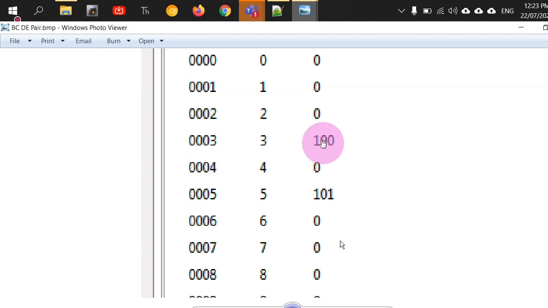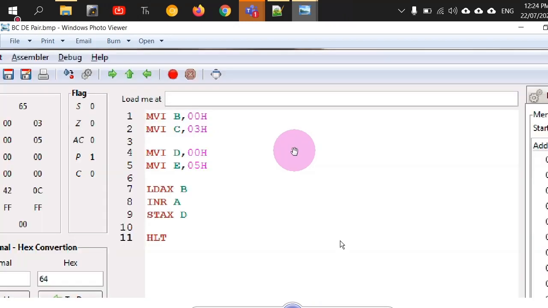Yes. So what is advantageous: using the HL register pair as pointer, or using the BC and DE register pairs in this way? HL. Why is it advantageous to use the HL register pair as pointer? Sir, it will automatically save it in M. We don't have to use specific commands for it. Yeah. The first advantage is the easiness of use, right? Automatically, the data will be copied into the M register and you don't have to use these specific commands for loading.